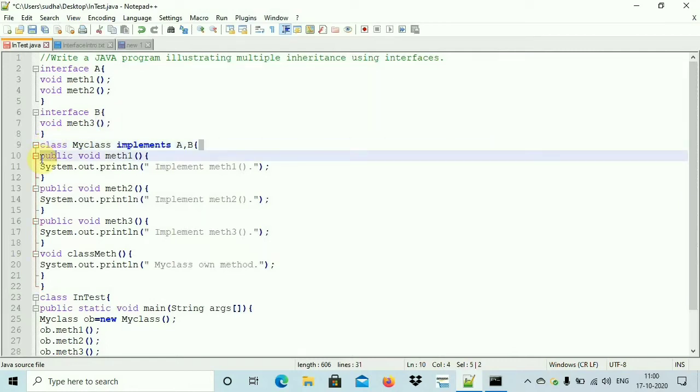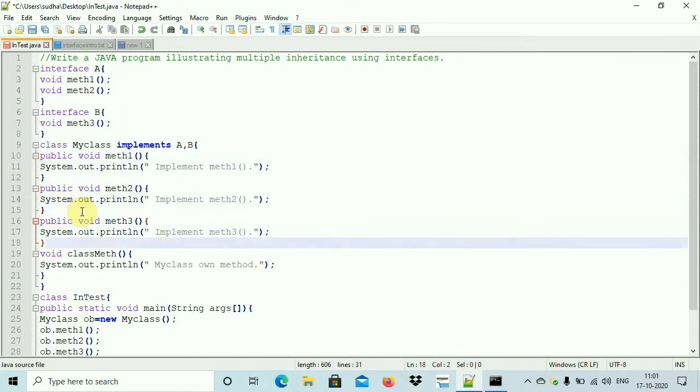And see here, friends, before the implementation, I have put the access modifier public. As I told you, the methods in the interface are implicitly public. You cannot reduce their visibility inside the implementation in my class. So that's the reason why we have added public over here. If you are not adding public, it will throw you an error, friends.